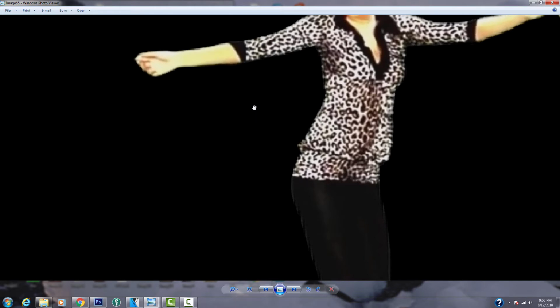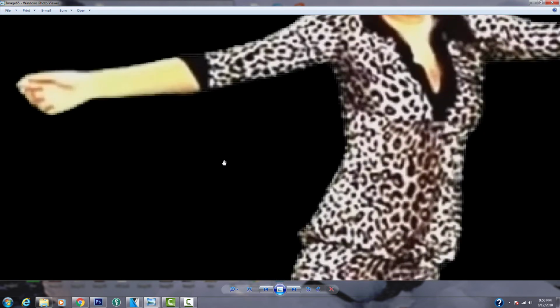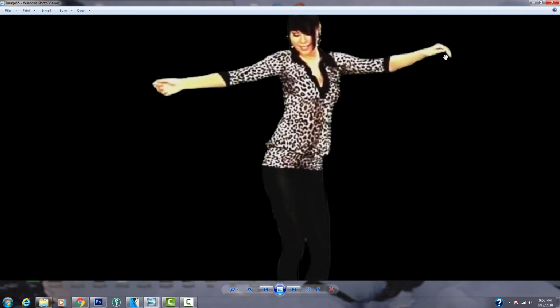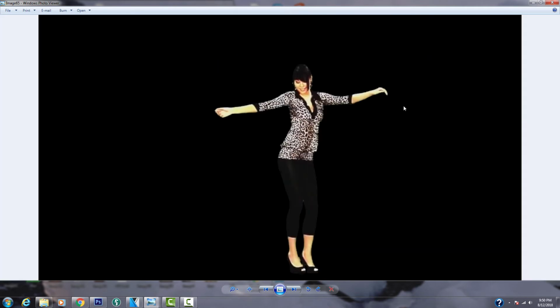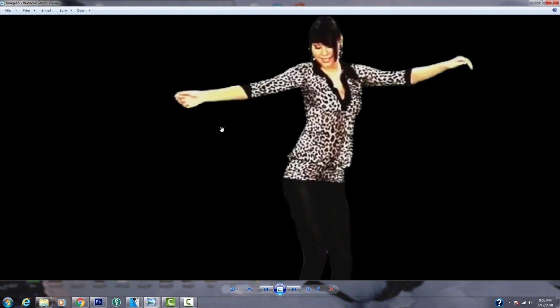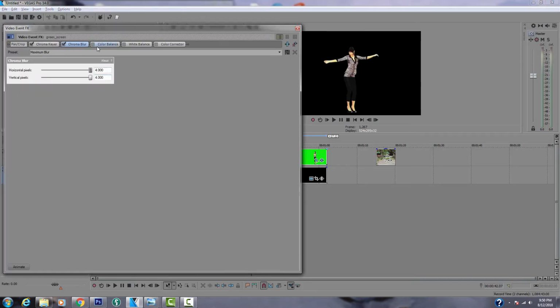And this is image 65. Let's zoom in, and you'll notice now it's gone. And I would say actually that's looking like a pretty good mask. Now if you had gone in here and done the high-low threshold and the chroma blur and there was still some green there, then you would go back into your effects,